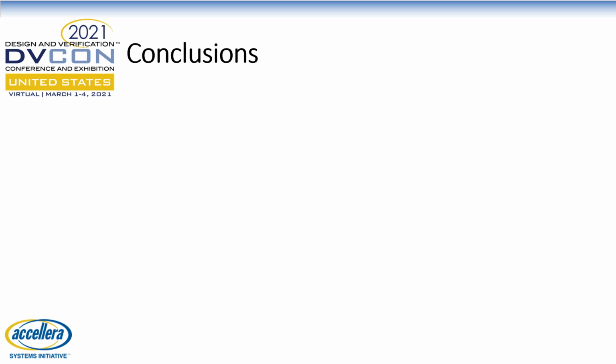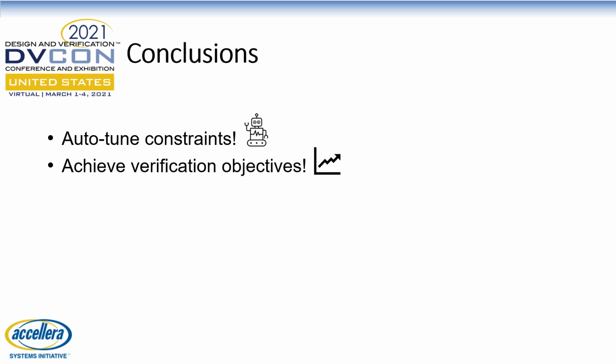In conclusion, we have seen that BayesOpt can automatically tune test randomization constraints without any human in the loop. It has allowed DV engineers to focus on other important work instead of iterating on constraints. We also observed that BayesOpt can optimize test generation significantly to achieve verification objectives under various scenarios, from coverage closure to feature bringup. Finally, due to the nice scikit-optimize library, we hope that it will be easy for you